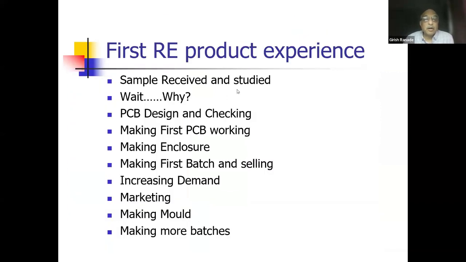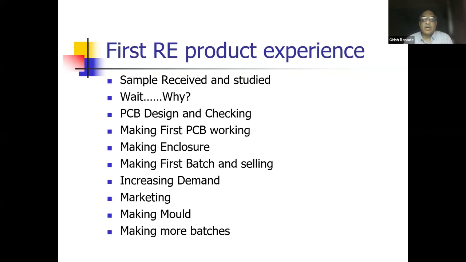after receiving the sample, I waited for almost 2 months. One fine day, Mr. Kulkarni asked me, "Why are you waiting?" I said that I cannot copy the circuit because there are a lot of ICs on the top, and it is a double-sided PCB. So how can I do it? So he just told me, and that was the first lesson, that cut open the IC, the product is costing 1,500 rupees only right now. So that is your design expense. That was my first lesson.